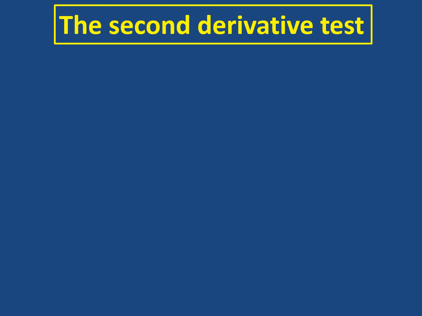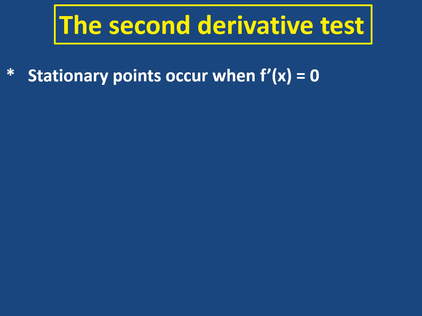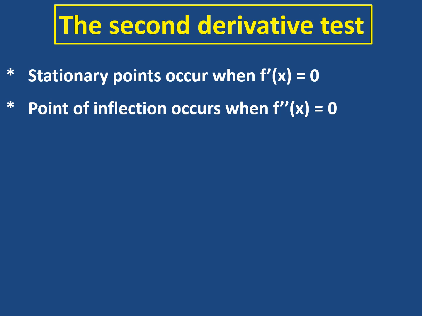We need to learn about the second derivative test and how it can help us. We just need two reminders first. The stationary points always occur when the first derivative is 0, and the point of inflection occurs when the second derivative is 0. Now, if (a, b) is a stationary point on my graph, with a being the x value and b being the y value,